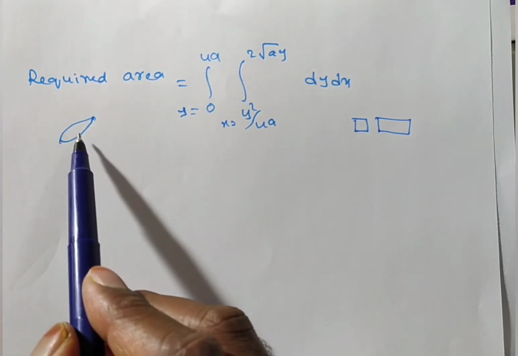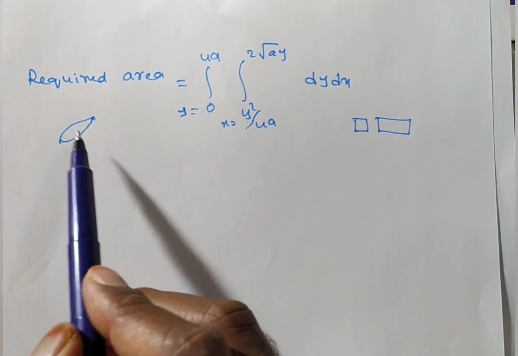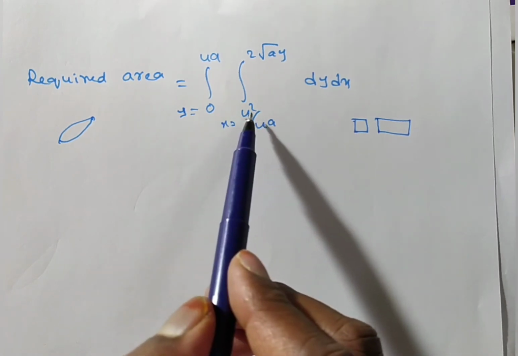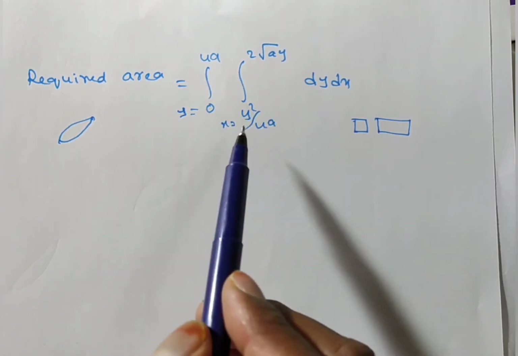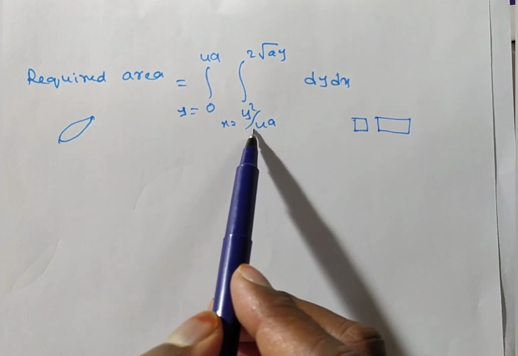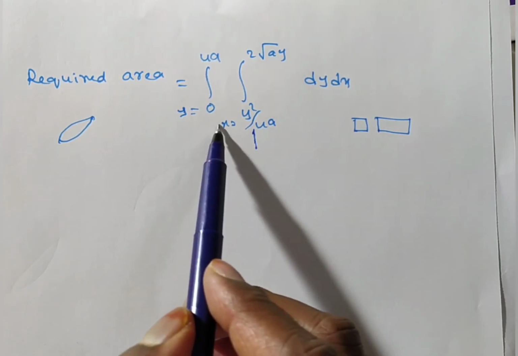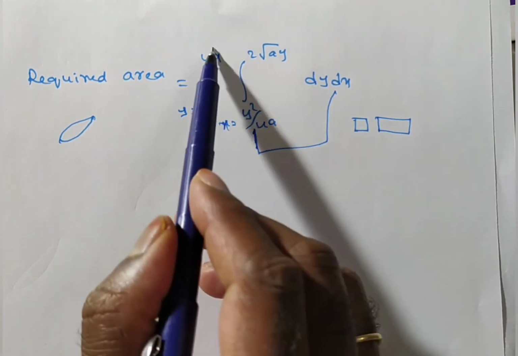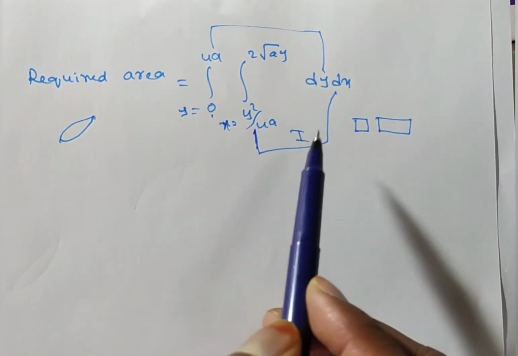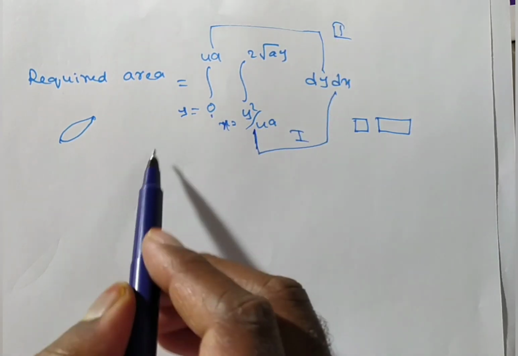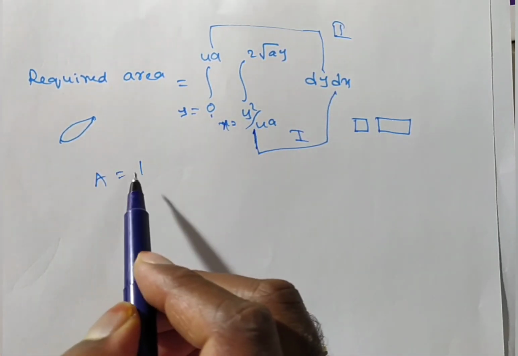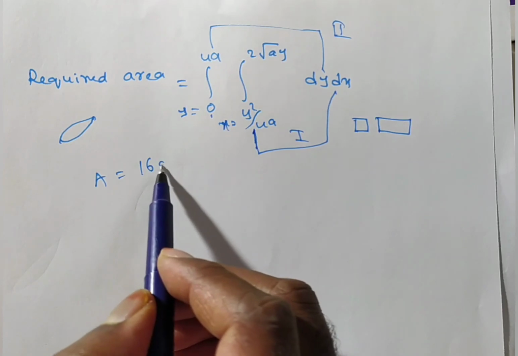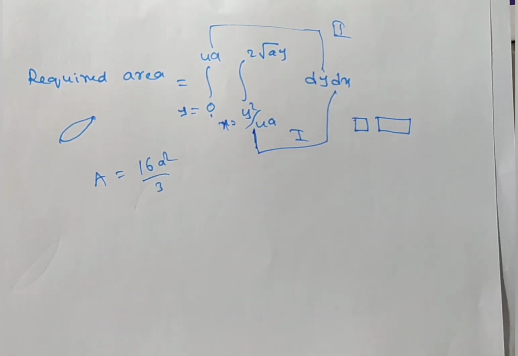So in this case one will be independent and another will be dependent. Whenever both are independent, you can integrate irrespective of order. But whenever there is a dependent limit, first you have to integrate with respect to the dependent variable. What is the dependent variable? Here you have x. So first integrate with respect to x, later with respect to y. Then you will get the solution as before: the area bounded by the two parabolas is 16a square by 3. That's it. The intermediate values may be negative or positive, but finally you will get a positive answer only. Thank you.